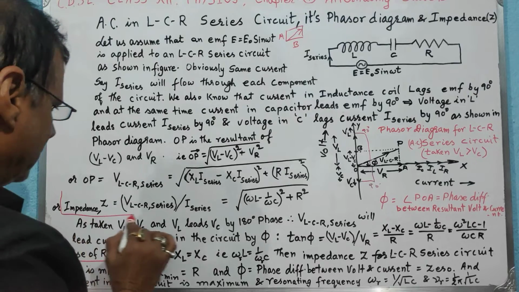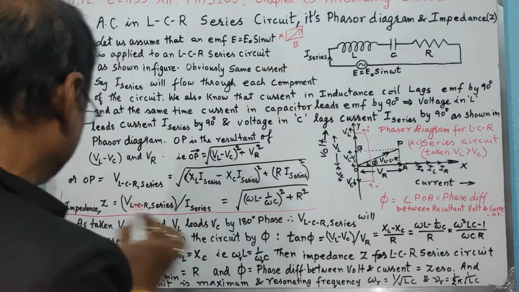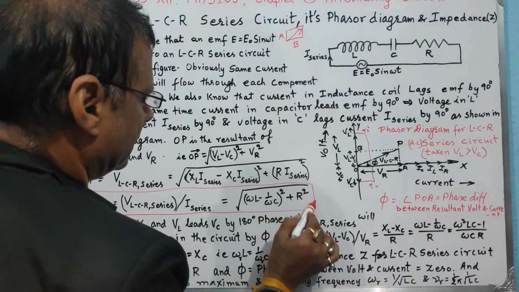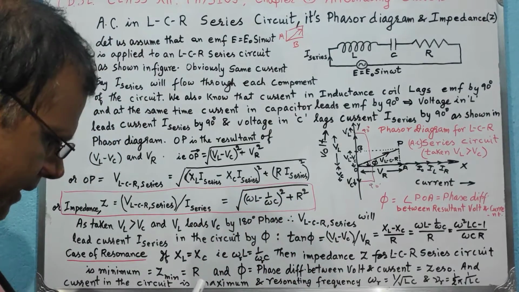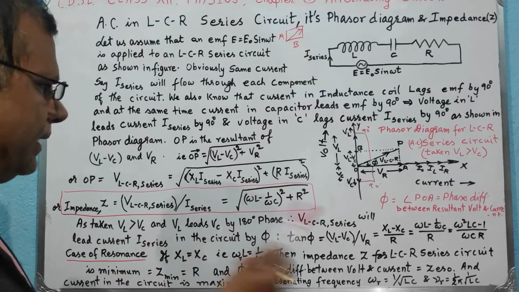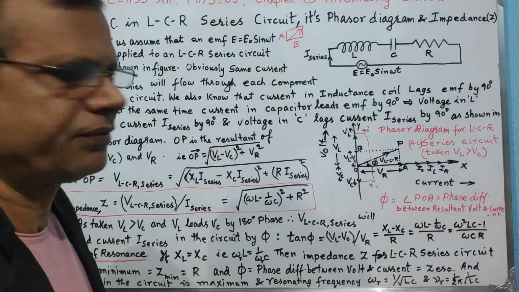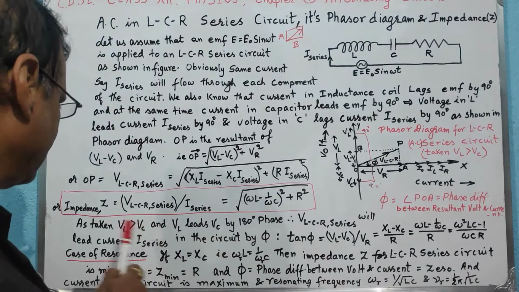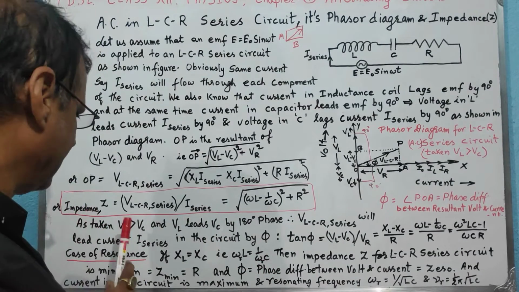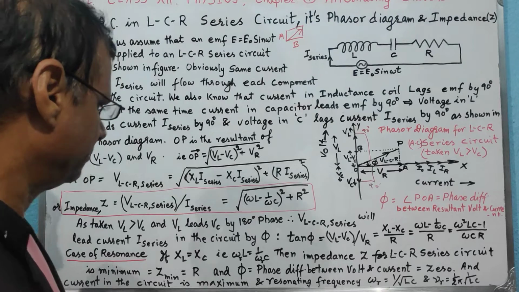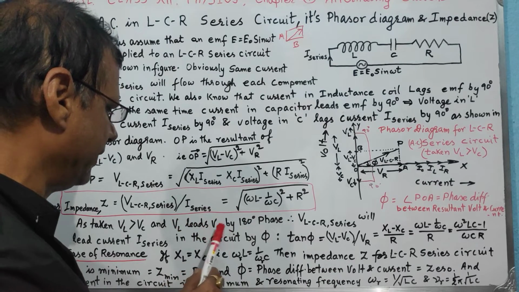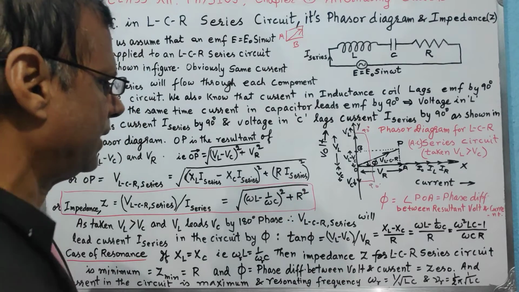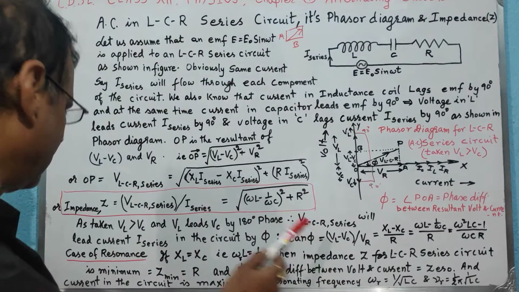Well students, you will find great many applications, especially in the equipments of electronics. You will see it has great applications in day-to-day life, where these things are applied very frequently. Now here we have taken that VL is greater than VC and VL is leading VC by 180 degree. Therefore the net potential difference,